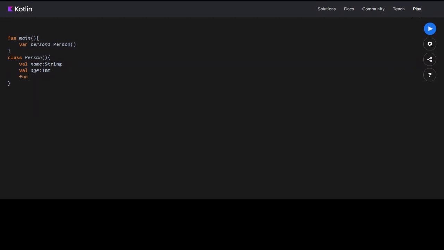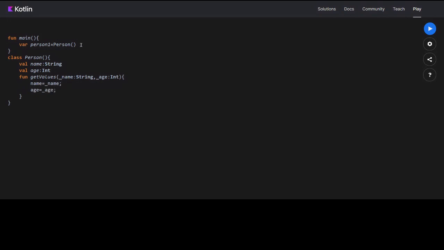So let's define a function with values. We will give two parameters. One would be name, string type, and the other would be age, integer type. So what we do is name equal to name, age is equal to age.